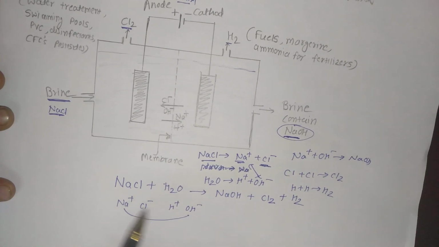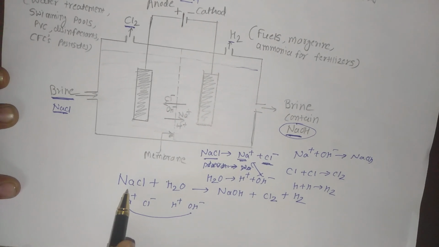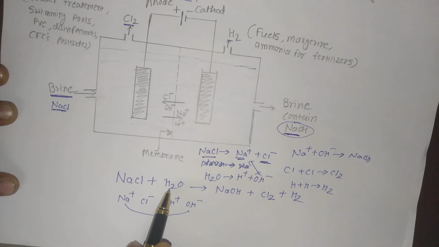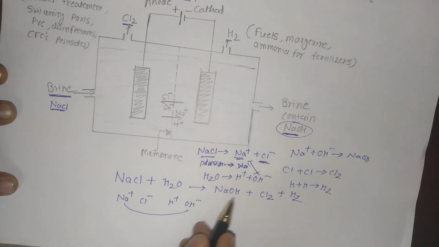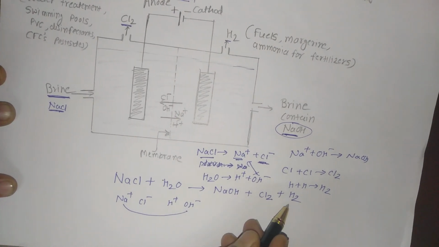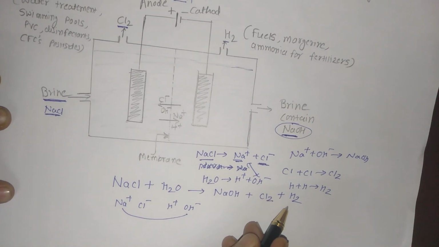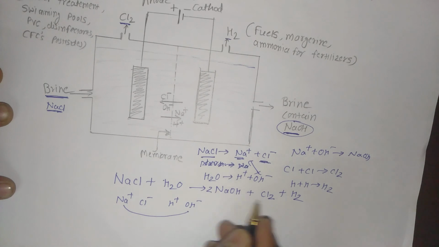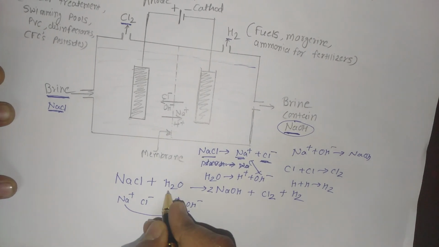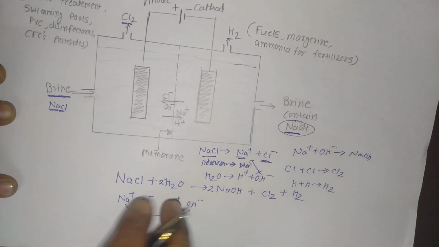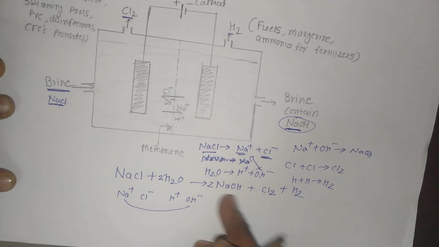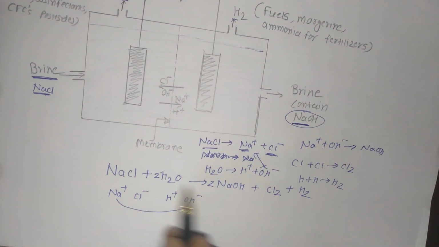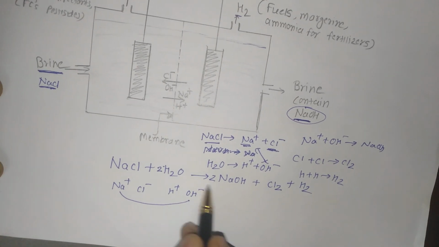This is an imbalanced reaction because Na is 1. Here you can see H2O, but here H is 1 only, and here it is 2. To balance it, we need to write 2 over here. So it is 2H plus 2H, 4, but here it is 2 only, so I will put 2 to make 4H. Here 2H plus 2H is 4H, it is done. Again oxygen 2, here oxygen 2, that is balanced.